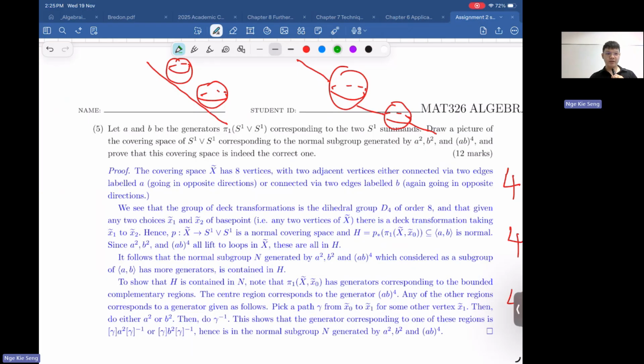Maybe I mentioned to you, but I didn't say that you are actually using it. I think in tutorial 3 here, I mentioned this in class as well. If you still remember how we decide what the generators are for a connected graph, on the bounded complementary region, not sure you remember or not. But it's true that we didn't really spend time doing that. So if you try to solve it in any sensible way, I will just give my